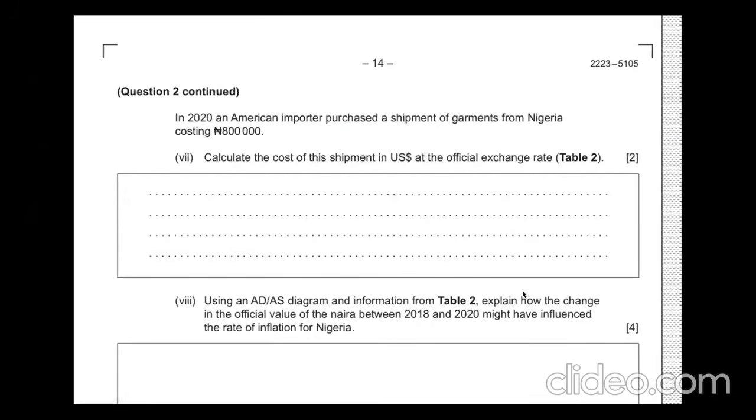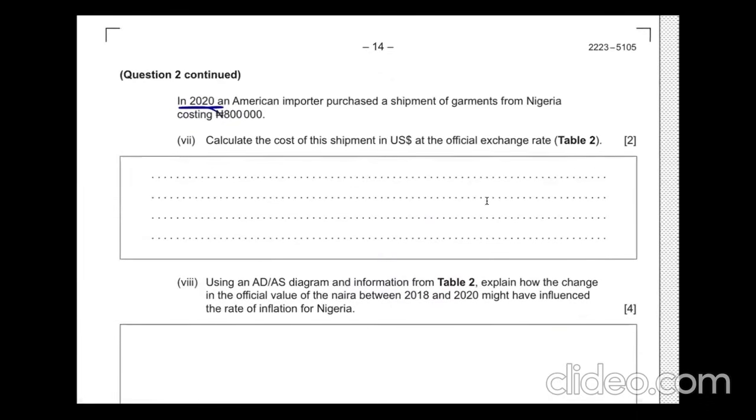In 2020, it's the other way around. An American importer purchased a shipment of garments from Nigeria costing 800,000 Naira. Actually, for an American, that's good news because their currency value is relatively increasing compared to the Naira. The exchange rate in 2020, and by doing that, I can get the US dollar value, which is